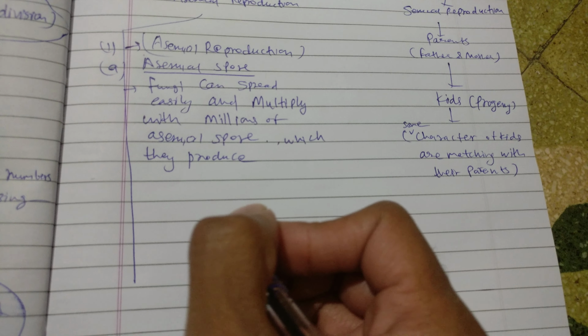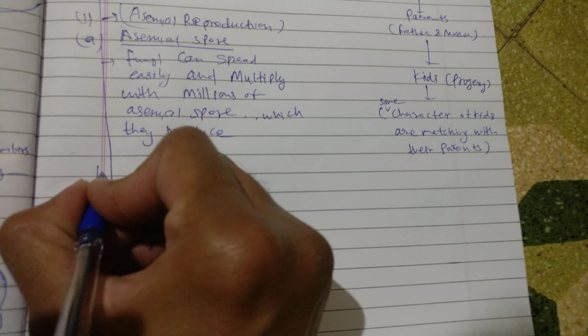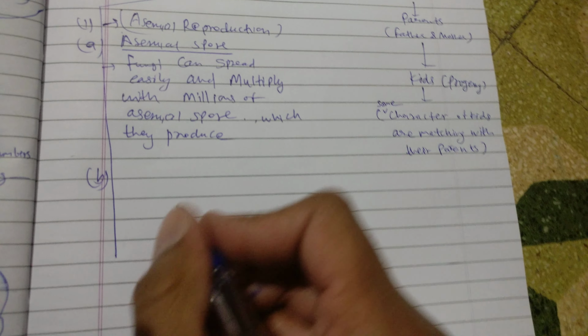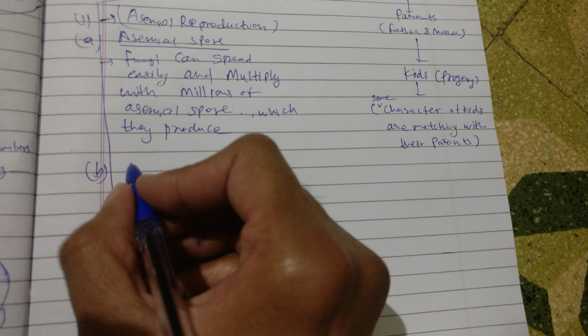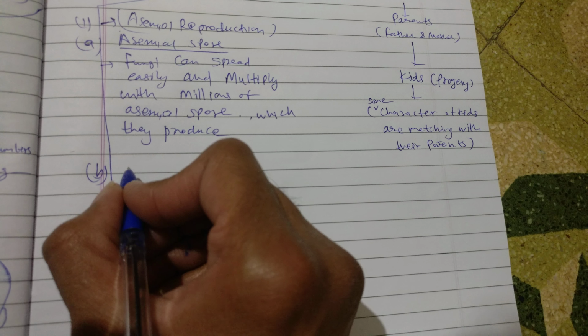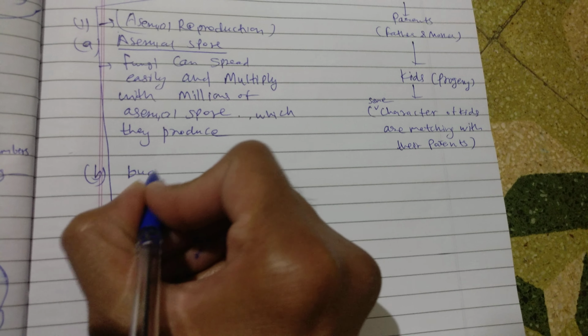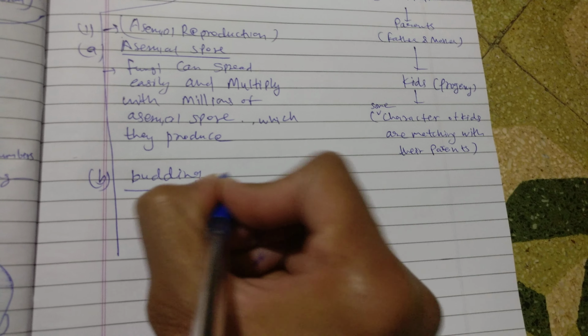So this is about asexual spores. We're looking for the second type of asexual reproduction, which is budding. We continue this video